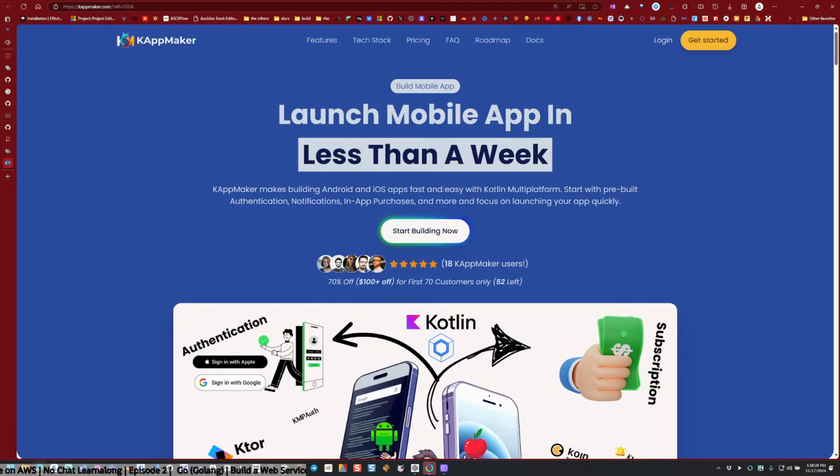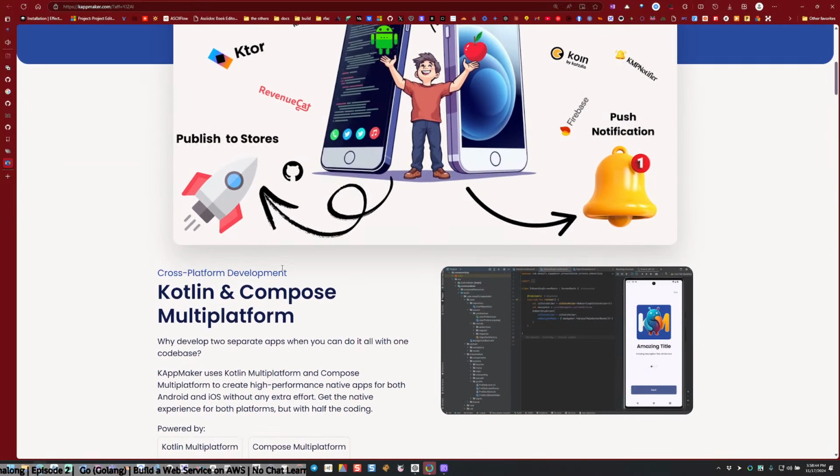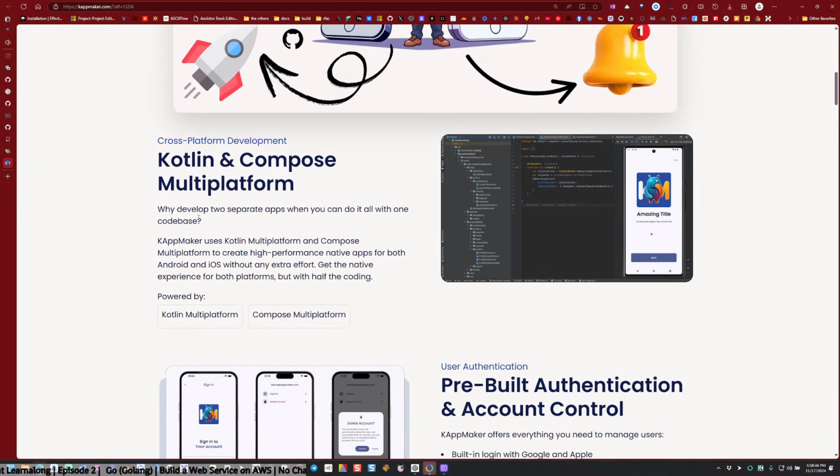Makes building Android and iOS apps fast and easy with Kotlin multi-platform. Start with pre-built auth, notifications, in-app purchases. Kotlin multi-platform and Compose.